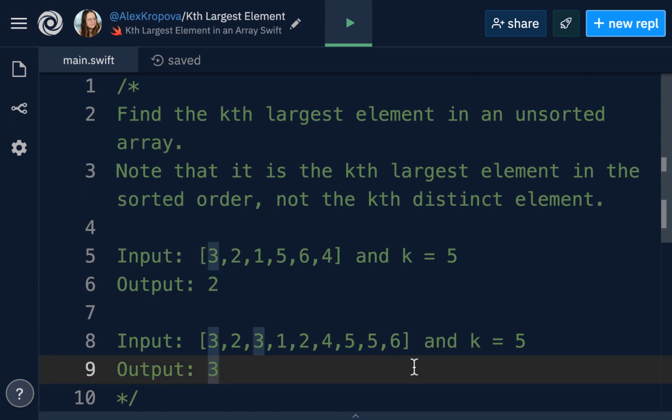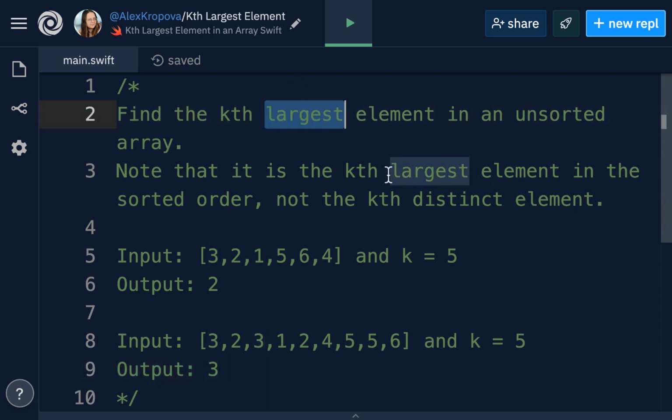All right, so to solve this question, because we are working with largest elements, often that is a sign that you can use heaps in order to heap your elements from the largest to smallest. Now, this question can also be commonly asked as the kth smallest element, so that is a very similar question, just with a small twist in terms of the solution, because you have to find the kth smallest element. So you could use heaps.